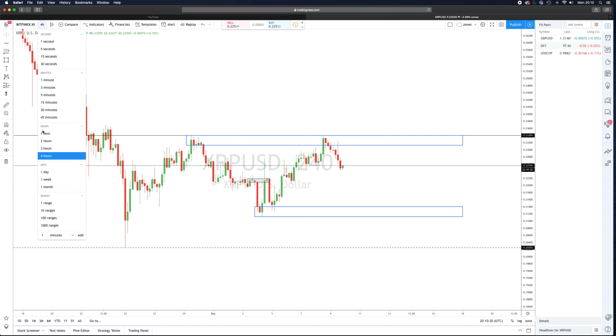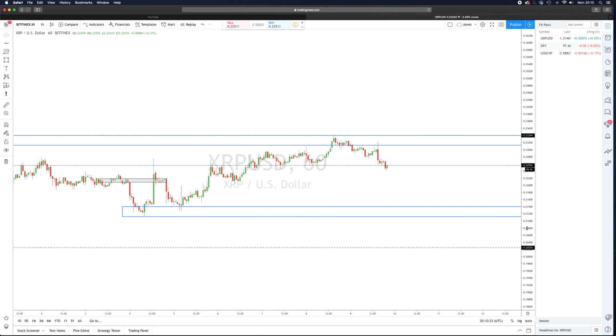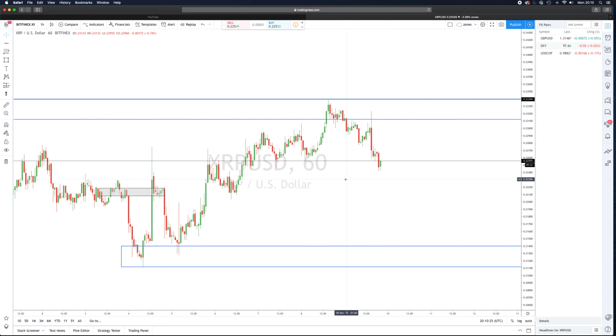On the 1 hour, let's drill down again. Where has price been pulling back into? Again, you can see every time price has come back into this zone here, it's moved out and pushed away. Obviously you can see it's gone down. What I'd want to see, for a small initial move up, obviously we could continue all the way back down to these lows here. But what I want to see, which would give me a bit more of a